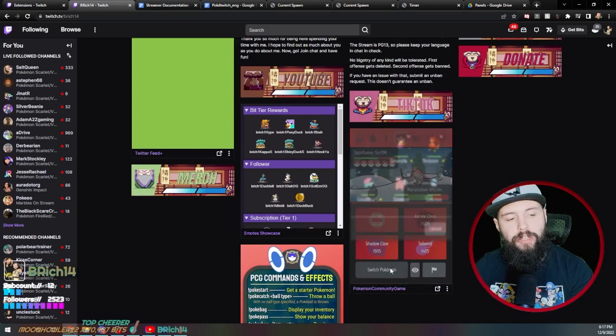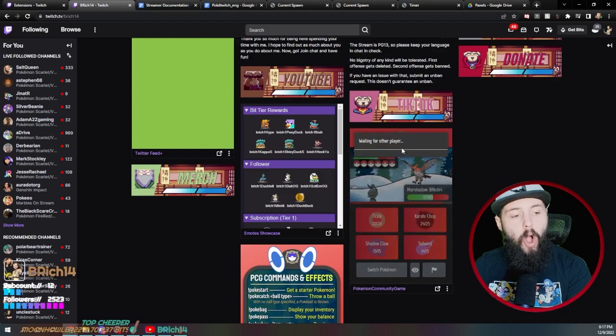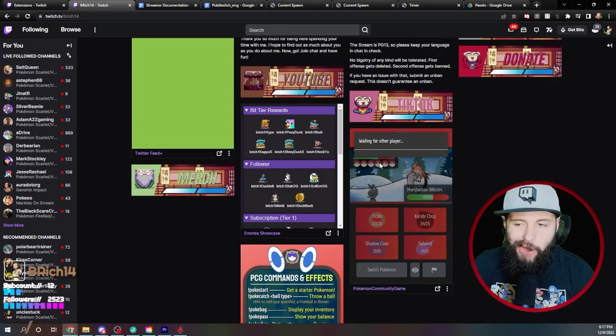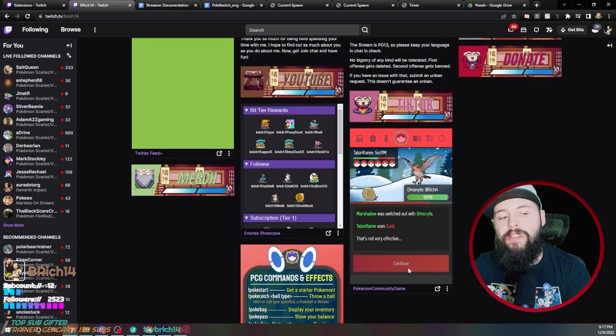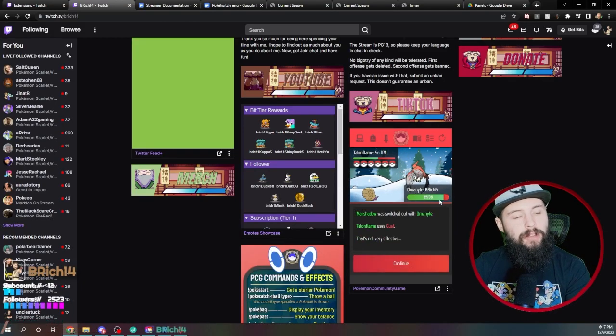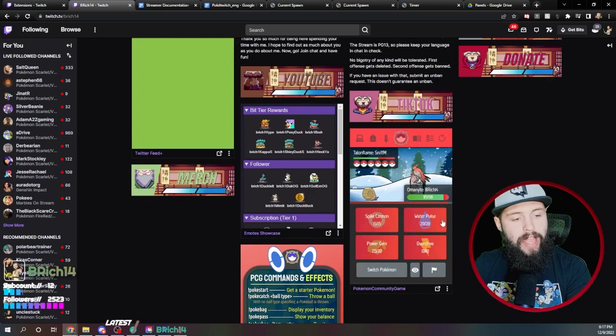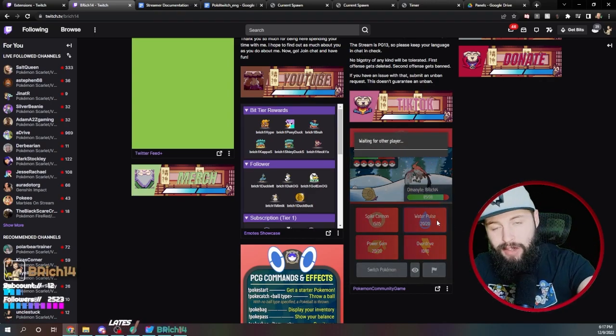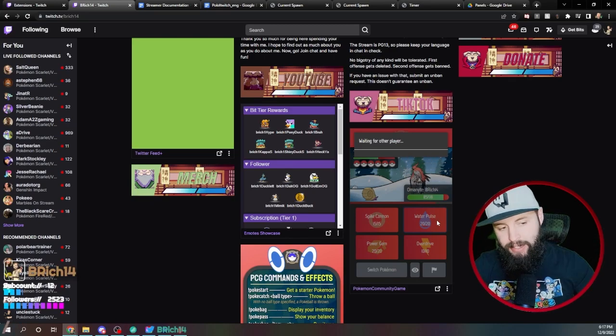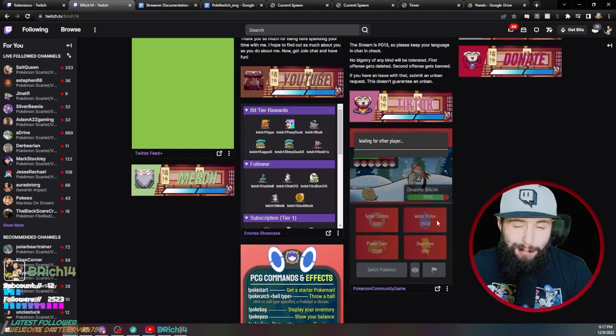So now I want to switch my Pokemon out, and I'm gonna send in Omanite because it's water type against the fire type. So I send in my Omanite, it used Gust, that's not very effective, but because I'm a low level, I don't have that much health. I hit continue, and now I'm going to use Water Pulse. Power Gem would actually work as well because it's a fire type and a flying type. So Water Pulse or Power Gem are both good moves.